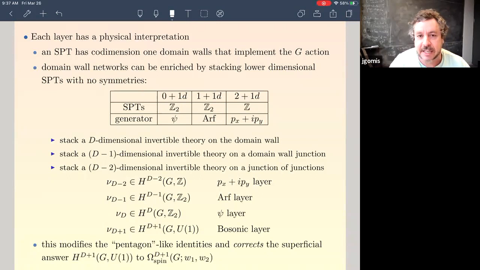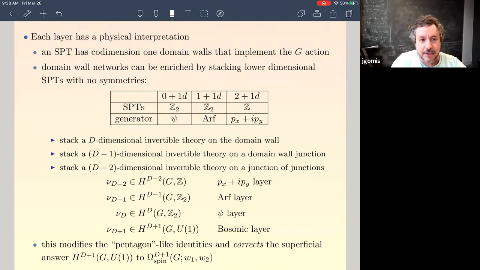That's just a statement that if you take that domain wall and you encircle an operator, it acts on it. Okay? Now you can consider your SPT phase with a collection of domain walls that implement the symmetry, but these domain walls can join and split. They can form certain junctions. And these junctions can intersect at various codimensions. Okay? So one way to think about this generalized homology theory is that at each intersection of various codimensions, you